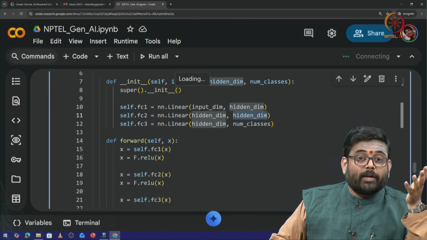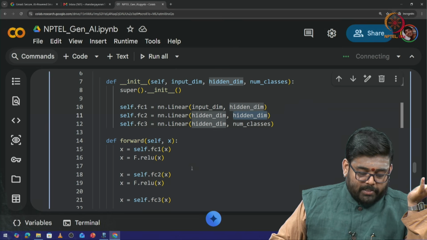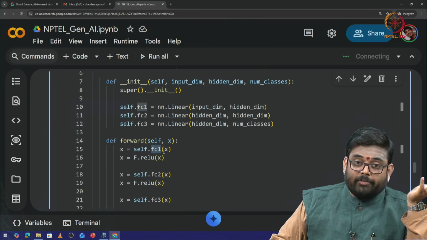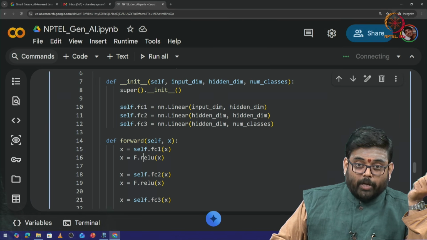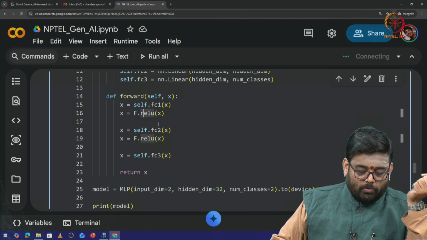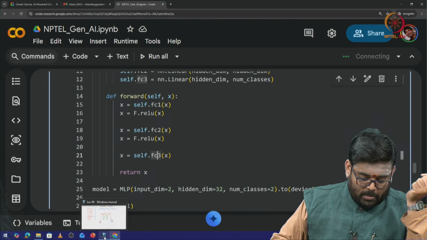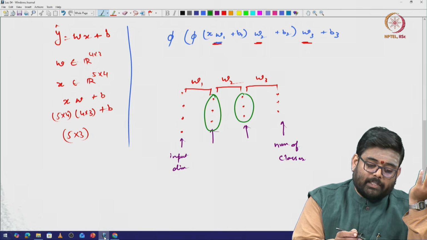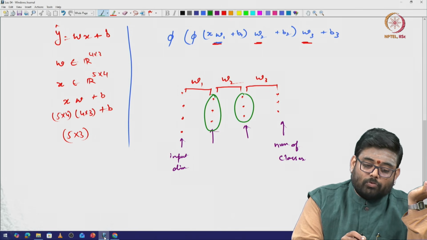And then how do we go ahead with the forward method? Now first you go ahead and pass it through FC1 and then pass it through ReLU and then pass it through FC2, then pass it through ReLU and then pass it through FC3. So now here this is exactly the same. First you pass it through this